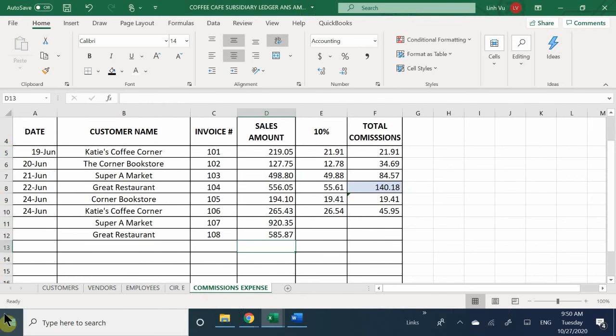So what's the date? 27th. All right. So how much is he actually getting? It's 92.35 times 10%, 92.04. 92.04, bringing his grand total of commissions to be 137.99. 137.99. Good. So going back to the general journal,